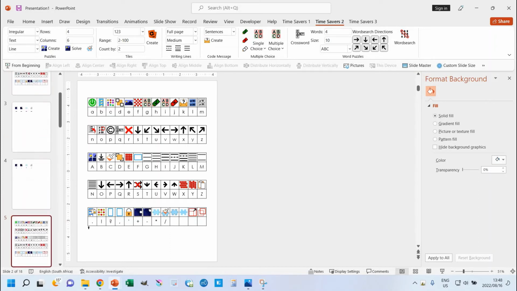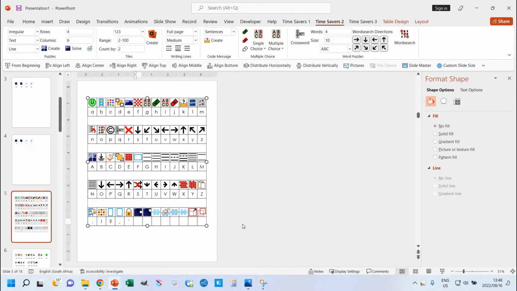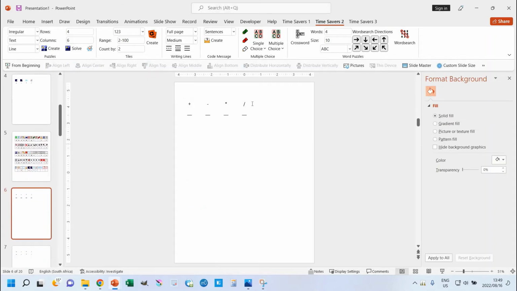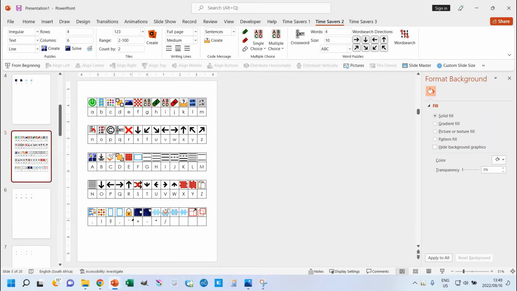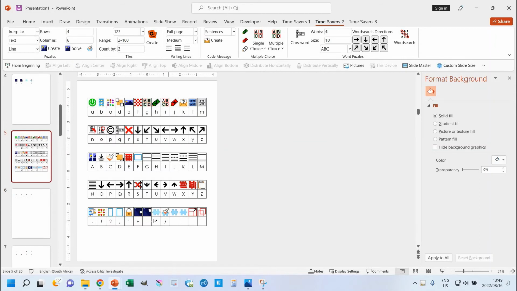However, if I had tried to do that with this one, where I had already put the pictures in before creating, before adding the extra characters, so if I put the plus, minus, times, divide in after I've already put the pictures in, and after I've already created a message where the pictures were inserted into the table properly, then it won't work. So if I try and create another code message here, plus, minus, times, divide, then if I click OK, you'll see that it didn't work. It didn't use the pictures that were over there because I added those characters after I put the pictures in